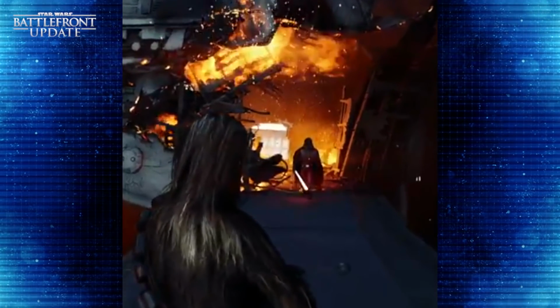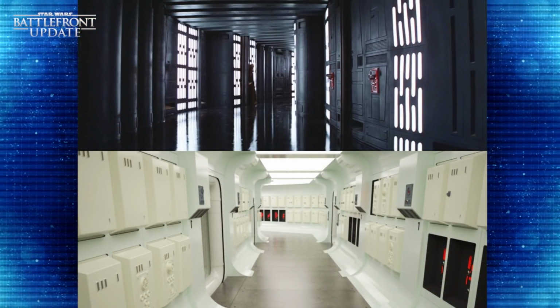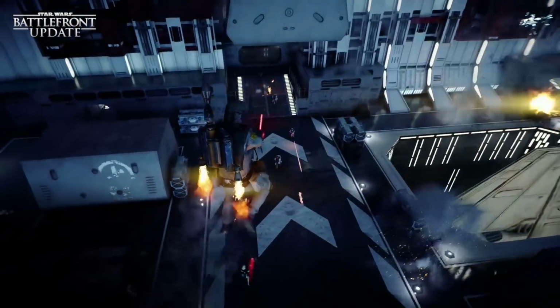Which, thinking about it, I would be all for it. Having a map that features the aesthetics of both the Death Star and the Blockade Runner. Yeah, I'm sold. Boba Fett's video also featured some nice shots of the interior of the Camino platforms and the